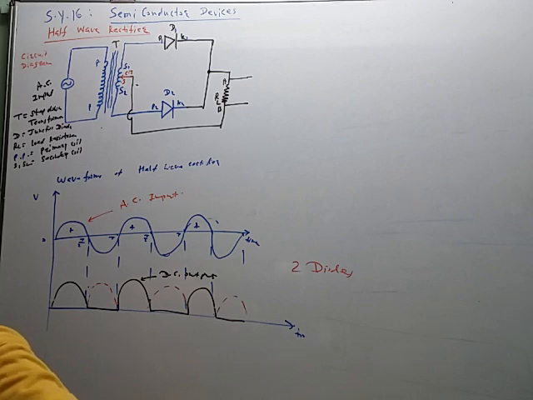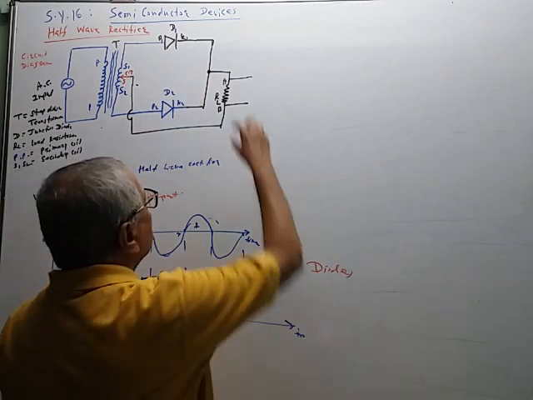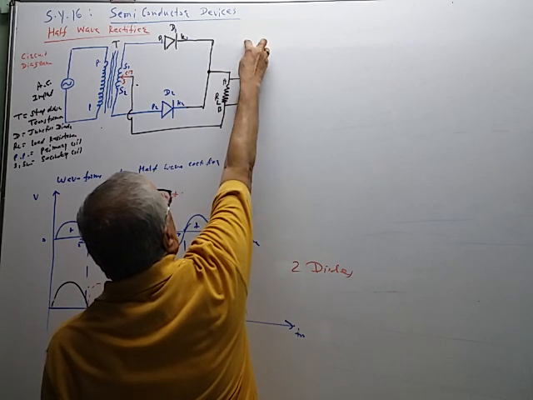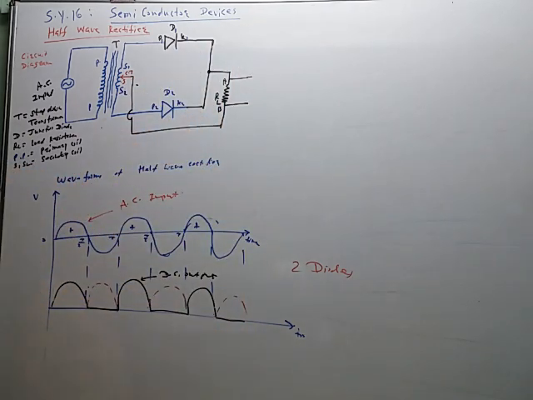So in case of full wave rectifier, the change in the circuit arrangement is like this. You can show this arrangement by two or three figures, two or three methods. This RL can be shown here. So this point is directly connected here, this point is directly connected here. So the circuit arrangement can be shown like this.